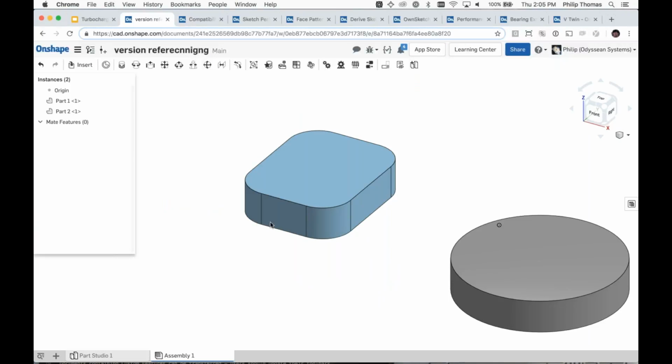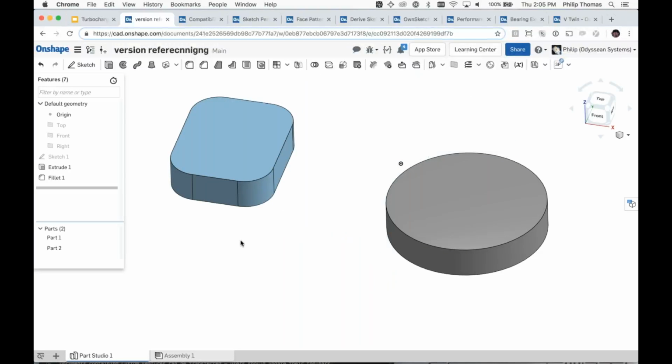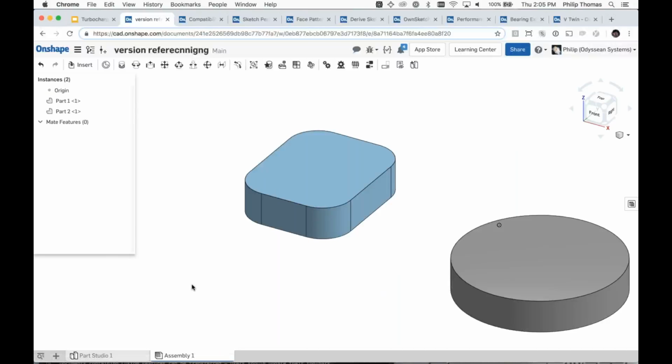After a while, you're going to find that the Part Studio takes longer and longer to regenerate as more and more parts of greater complexity are created in this and other Part Studios, and the assembly becomes more and more complex. The slowdown is due to the fact that every time I make a change here, my modeling server is going to run off and update the assembly. How do I stop that? I stop that by referencing